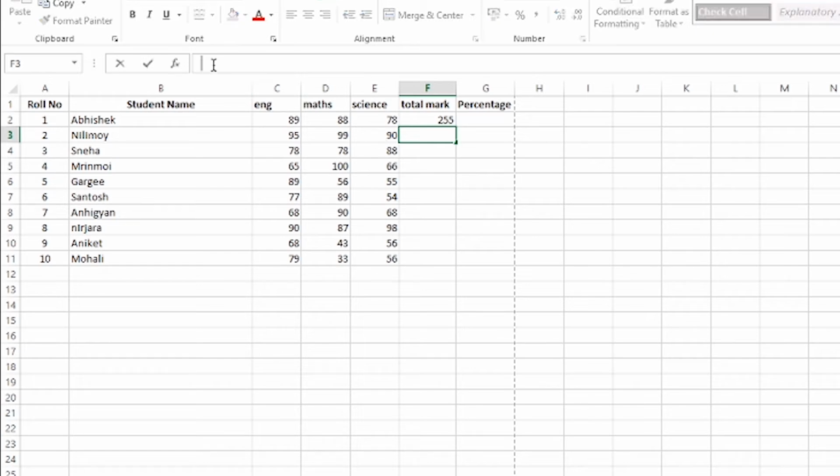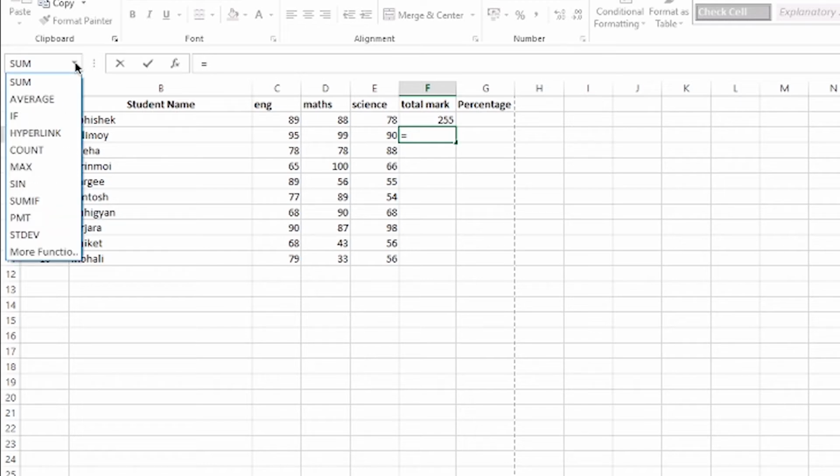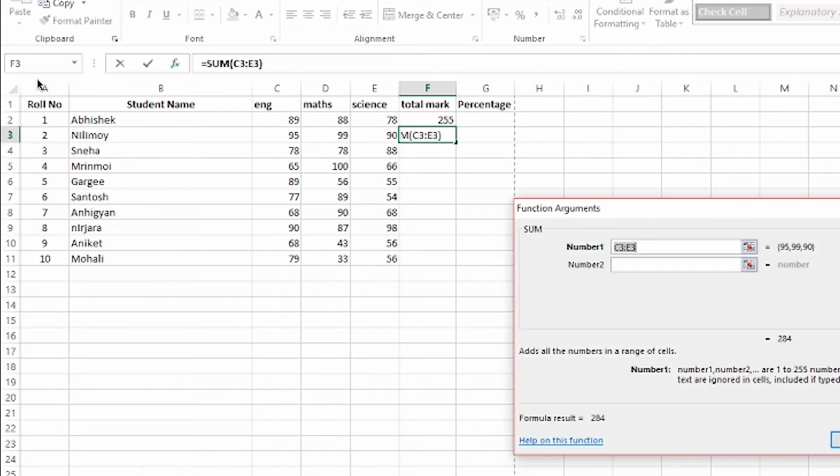Here we will write the equal sign. When we write the equal sign, in the functions the sum will be displayed, and you can select it, and then the function arguments menu will come, and then you select these 3,